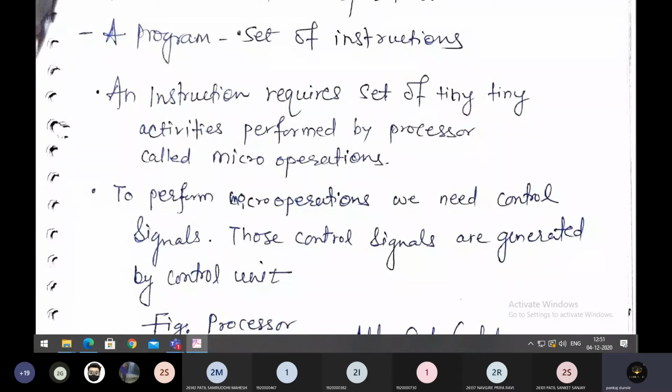It means your micro operations should be provided with control signals. If they are not provided with control signals, they will not happen. So to perform micro operations, we need control signals, and those control signals are generated by the control unit.